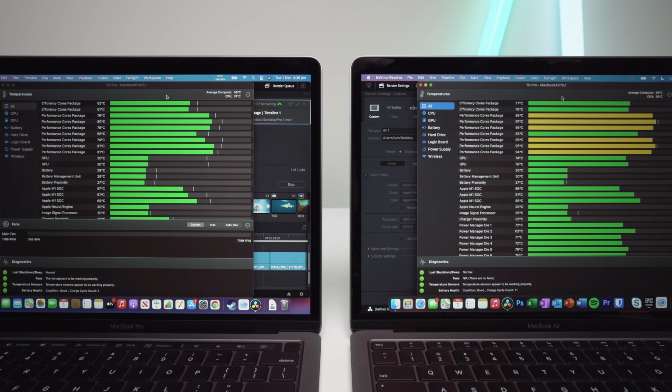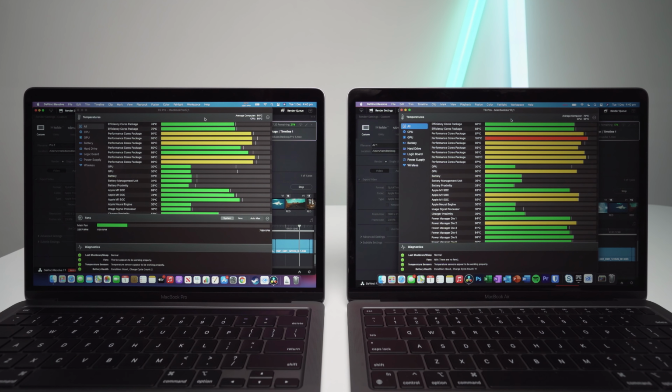I will do some decibel testing later on, but as of right now, I actually can't hear the fan at all. It's very, very silent. So what I'll do is I'll leave them for a few minutes and I'll cut to about 5 minutes in the future. Okay guys, so it's about 5 minutes later,